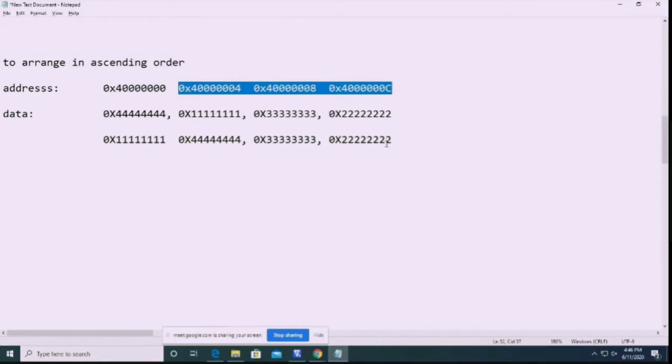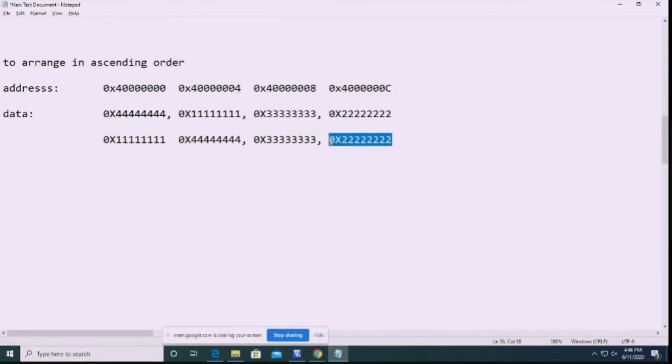Which is the smallest number? This one. To find the smallest number, we are using the smallest number program. That program was explained earlier in the previous videos, so you can see that.